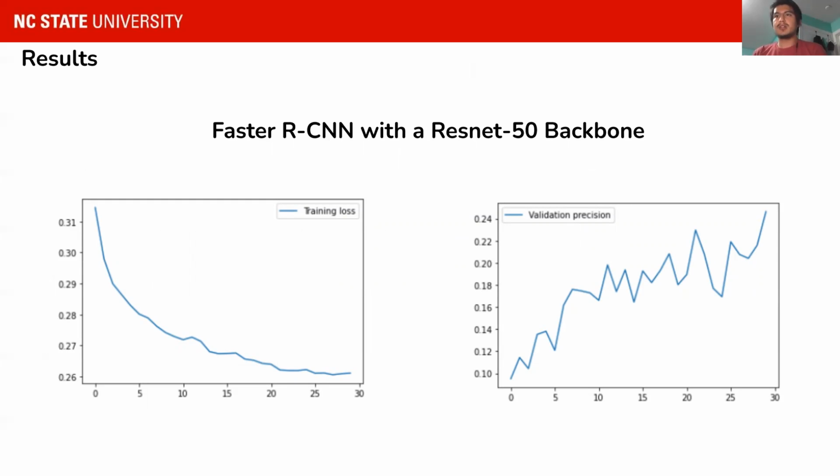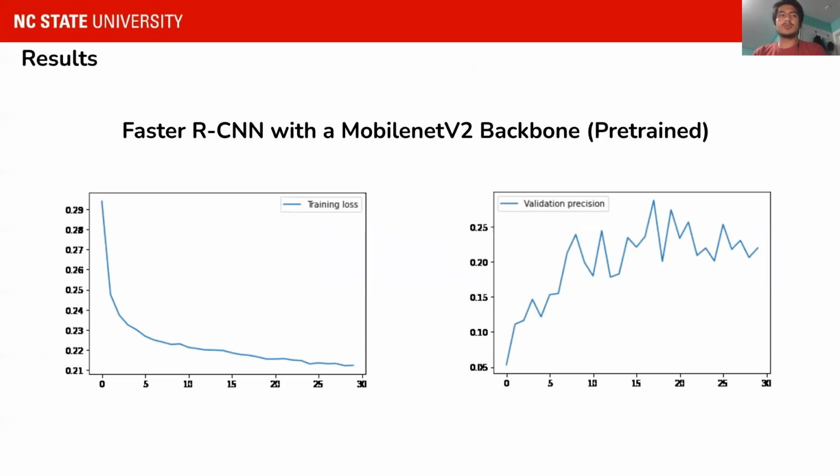So the next model was the MobileNet model with pre-trained backbone. This model was pre-trained on the COCO data set, and the weights from the COCO data set were used to try and facilitate the object detection task that we had. We were hoping that by using transfer learning, we can take these weights from the model and use them to initialize the weights for our new model for this new object detection, even though